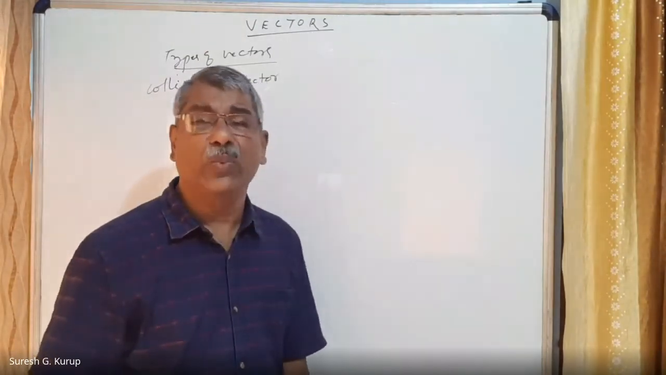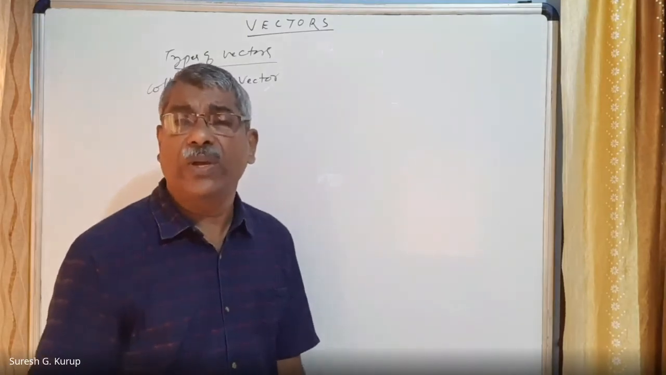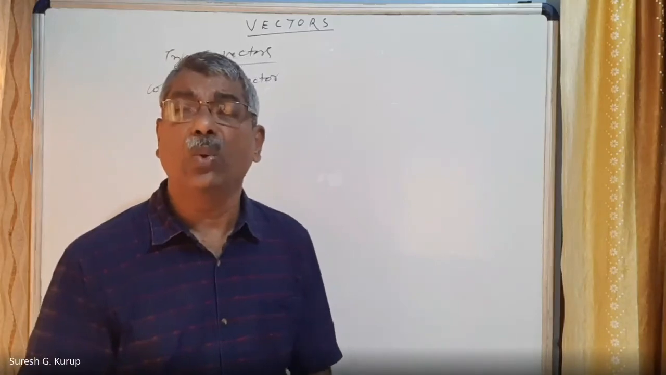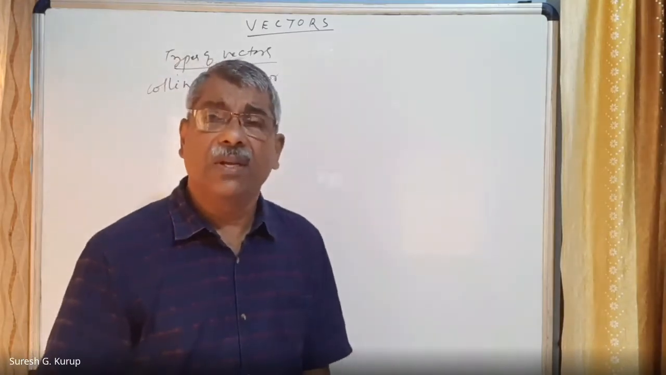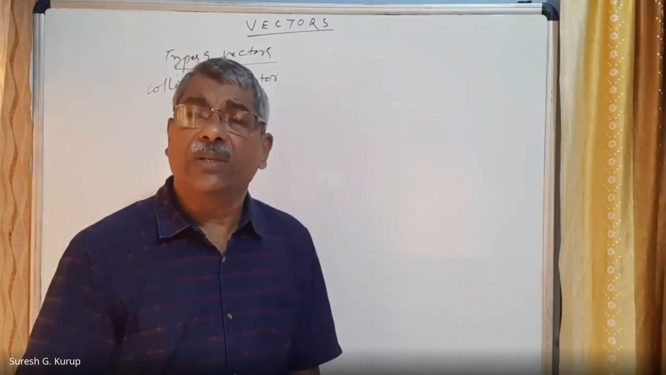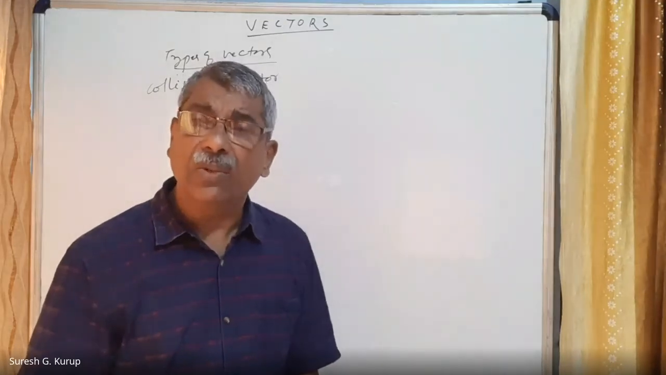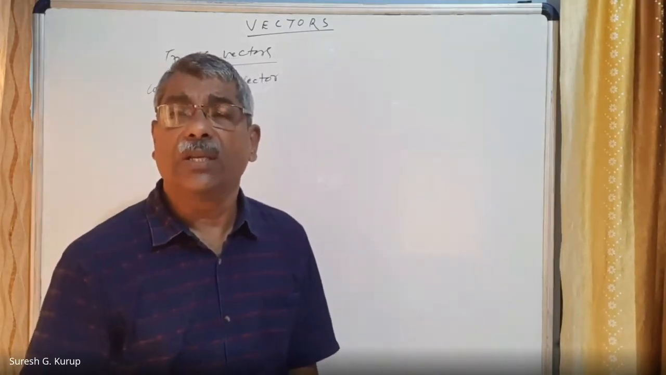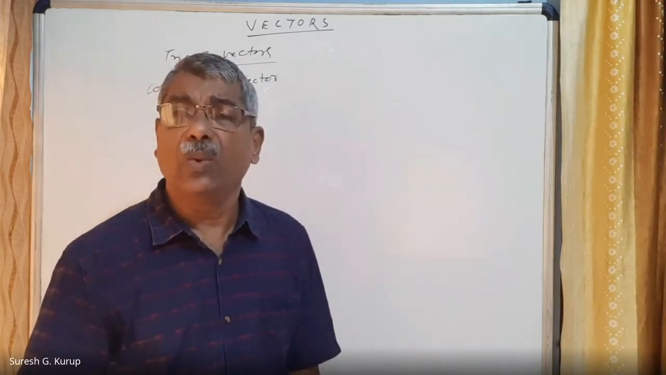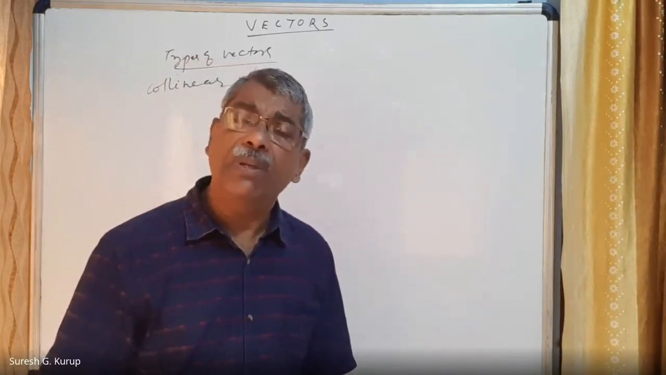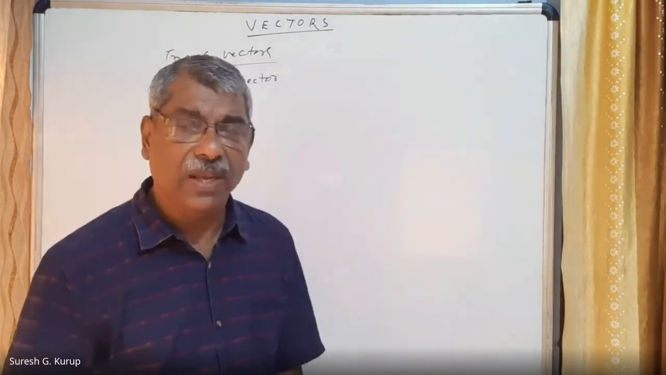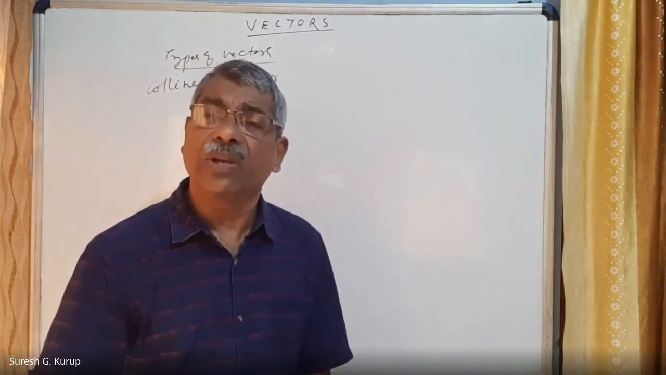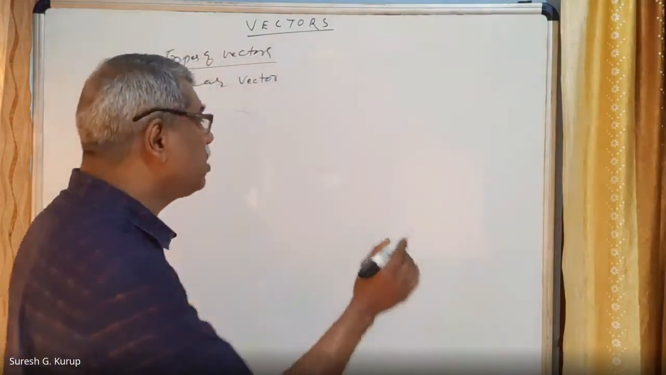Next is unit vector. A unit vector is a vector having magnitude unity. Once again, a vector having magnitude unity is called a unit vector. A unit vector has an arbitrary direction. The direction depends on the original vector. Suppose that this is vector A,